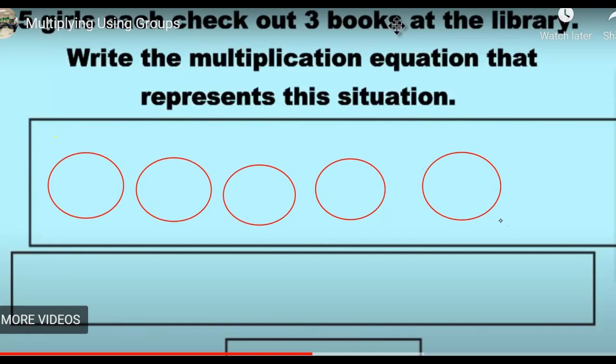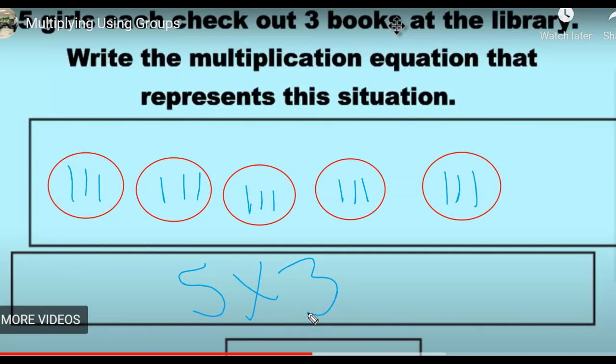Had how many books? So what would be the multiplication equation? I take the first number, which is how many groups, times how many in each group? 3. Equals